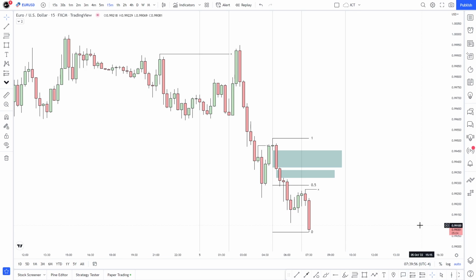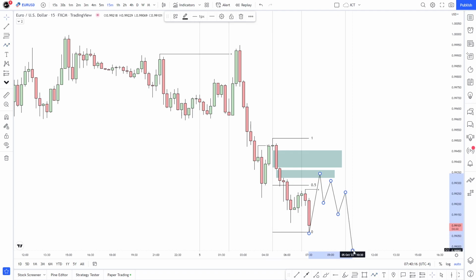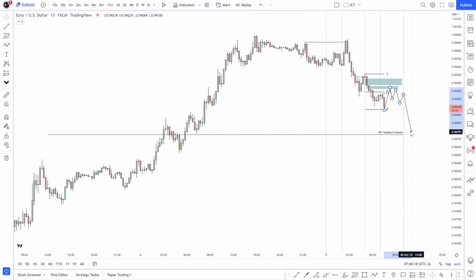As you can see, we're still an hour away from the open, so that'll take a couple of hours, probably a good few minutes. And that's pretty much it. One more time, exactly what I'm waiting for. Retracement, run on buy side liquidity. If we mitigate a 15-minute fair value gap, then even better, right? 5-minute market shift, 5-minute fair value gap, lower time frame entry, aiming for the 50% of Tuesday's range.